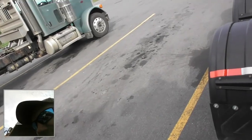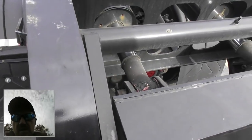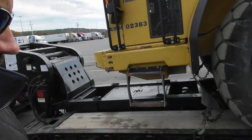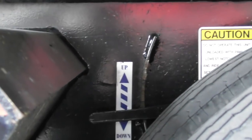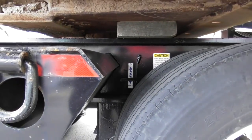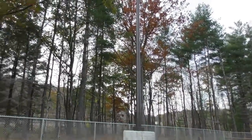Sorry about that. My camera just folded. Hold on. Yeah, the guy parked next to me with a Peterbilt over here was asking me some questions. But like I said, the only problem with this was that I have to use my lowest height ratings. You see over here, I'm going with position 1. I never use it, but this thing is so tall, and this is the only way I can be legal. I can be 13.6 over here because there's lots of low bridges, you know. I'm driving and I'm looking in the mirror and I'm like,